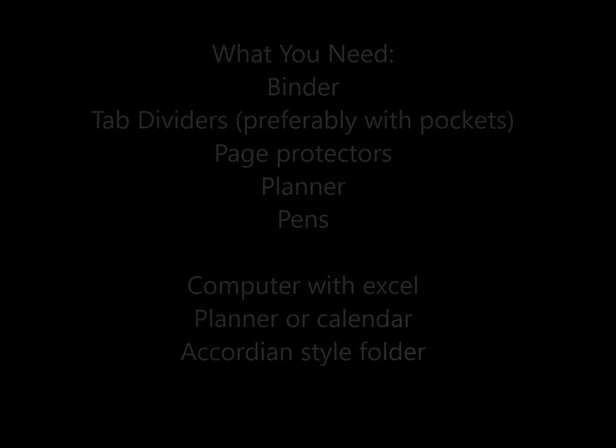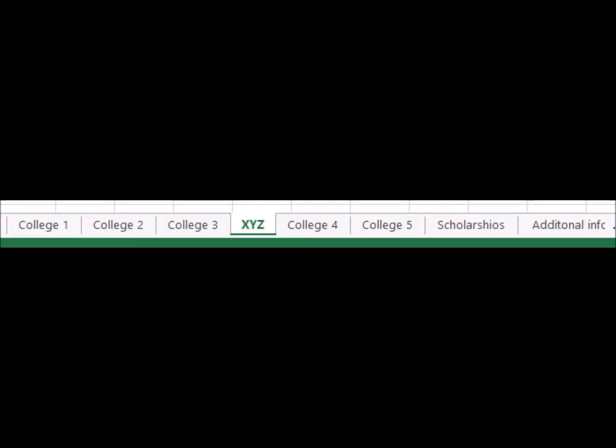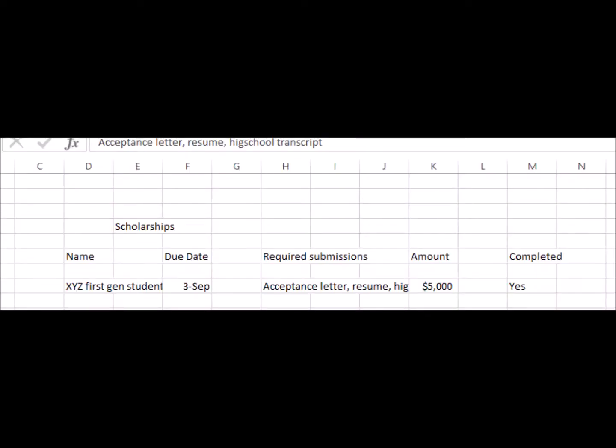you're going to get. So for Excel, this is what it's going to look like when you first apply, or when you're first looking. This is just a rough idea. I put like 6 colleges and then put scholarships and additional information. This just breaks down how you should do it: school, location, cost, the info you received, and the info you have to apply. And then this is just a breakdown of how you do the scholarships, or